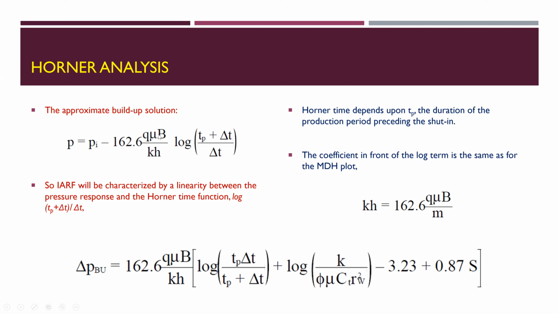What about the straight line? It is still representing a straight line, it is still semi-log, and the slope is still represented by the same parameters like the MDH plot. So we represent the equation, plot it, get the straight line, estimate the slope, kh, solve it. After that, solve for skin. To solve for skin is the same story. In the previous one, we estimated delta P at 1 hour. In this case,